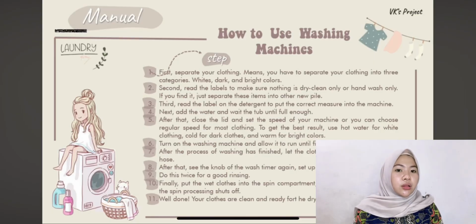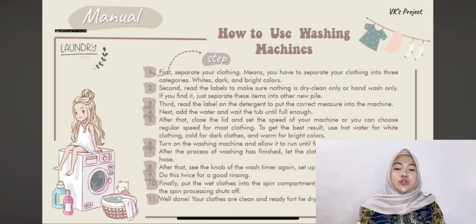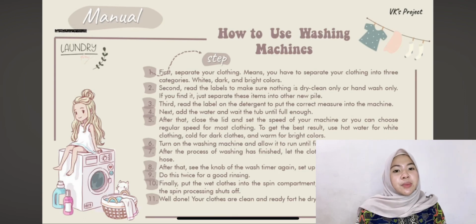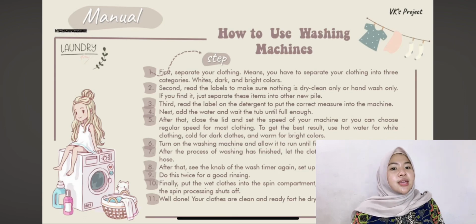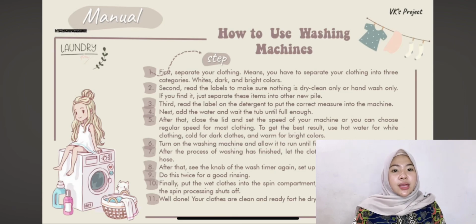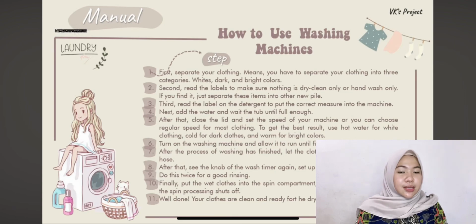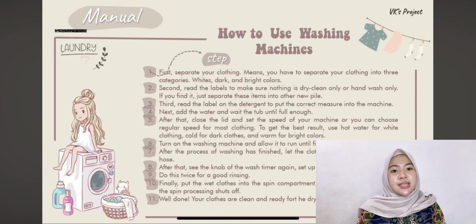The second type of a procedure text is a manual. For example, how to use something. Even though it does not always mention the materials, it still has steps 1, 2, 3, 4, and so on. If a text has steps, it means the text is a procedure text. So, the characteristic of a procedure text is having steps such as 1, 2, 3, and so on.